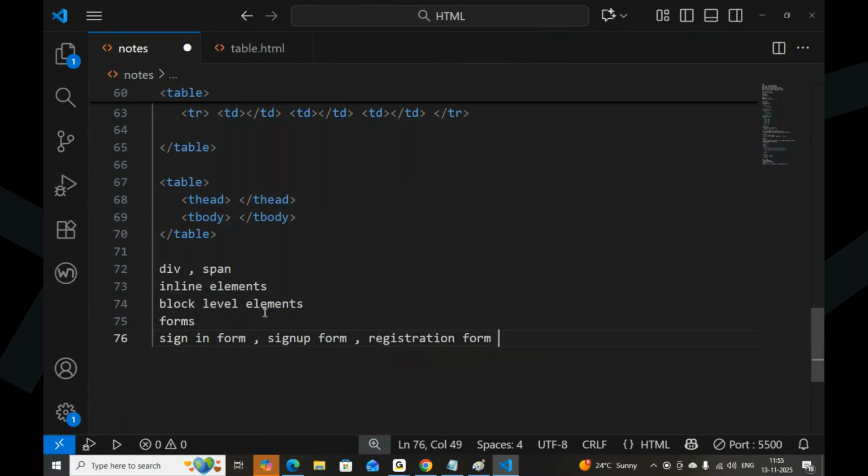We will discuss all these in the HTML part, then we'll move to CSS. Is one class enough? Let's see tomorrow. Maybe one class is enough to complete HTML. Very soon we go through CSS and JavaScript. JavaScript is very important. Even HTML and CSS are also important. HTML is just for design, CSS just for styling purposes.